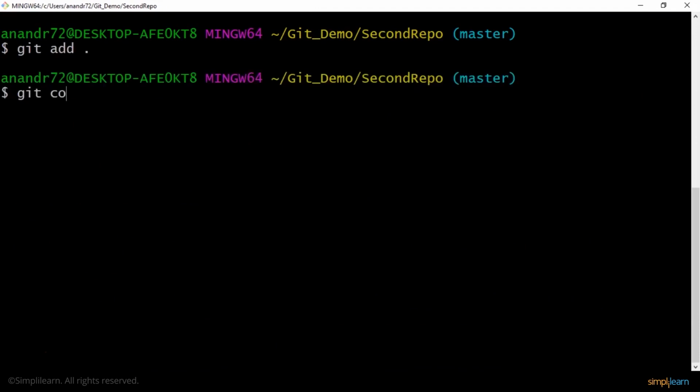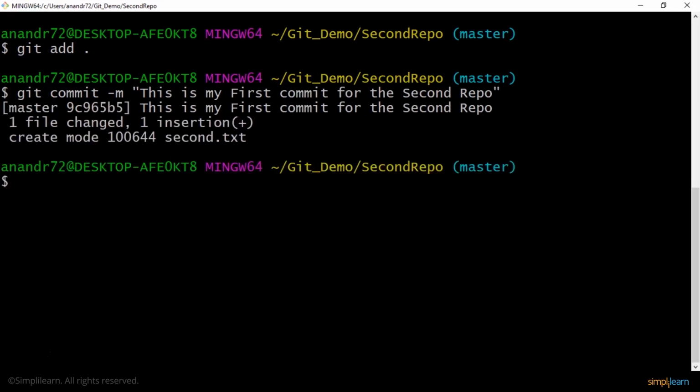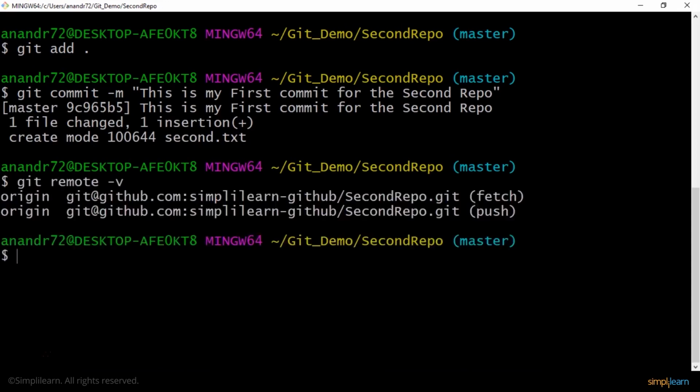Let me also commit my change to the file with a message. This is my first commit for the second repo. I give in some particular message. And this time around, since I cloned my repository from a server, the origin is already set for me. I don't really need to add the origin and all that stuff, because what happened in the first case was that I was creating a repository from my local box and then pushing it on the server, which is why I had to set up